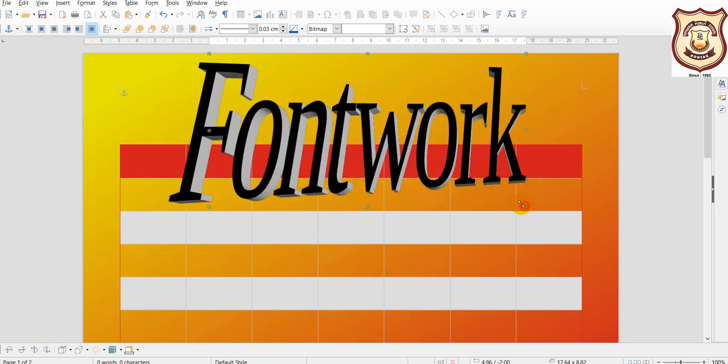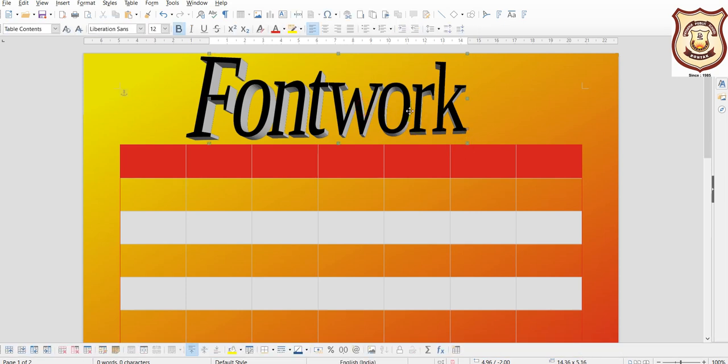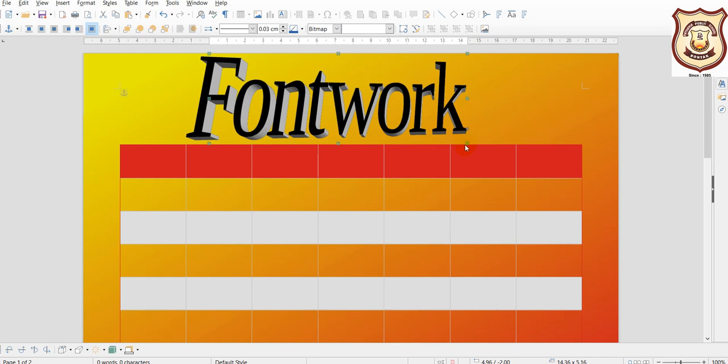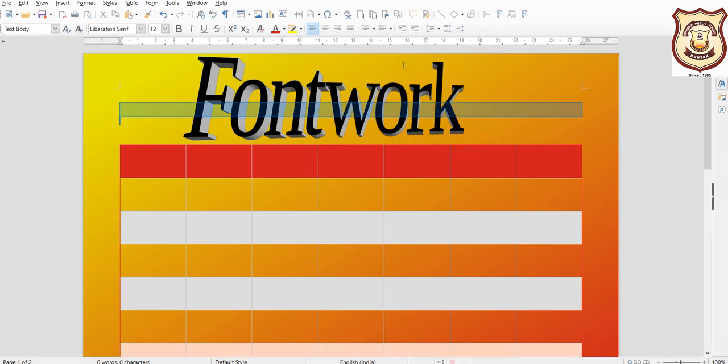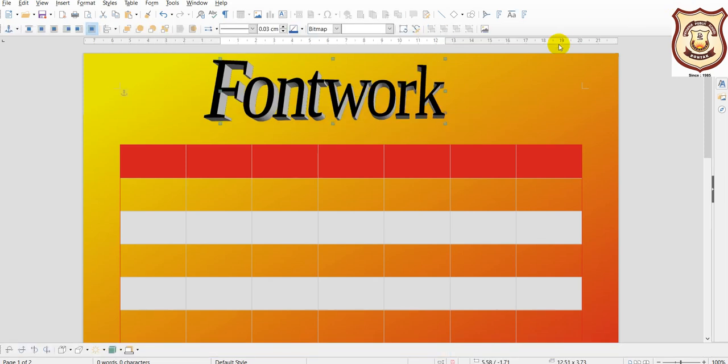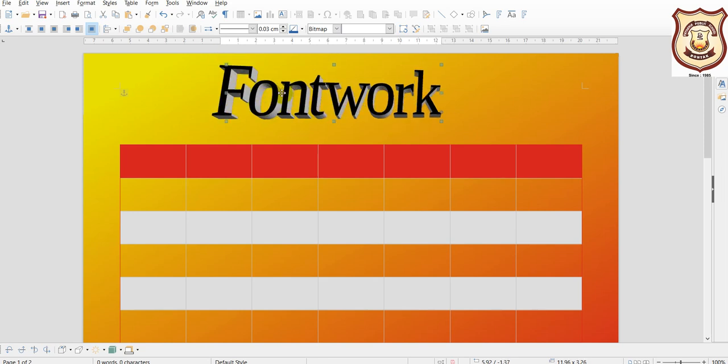Okay, so we can resize it also. So let us resize it. I think we need a little more smaller. Actually it is a little bit merging with the things. So that is how we wanted it. Okay, we can resize it very easily.